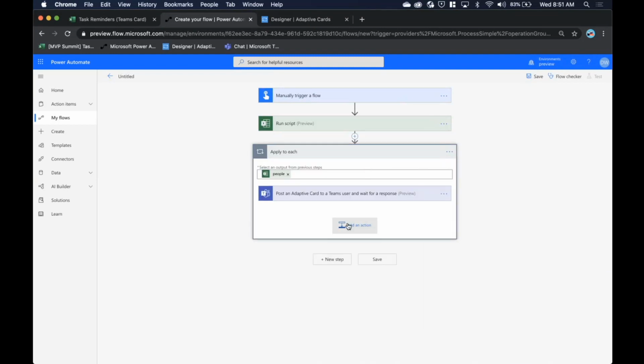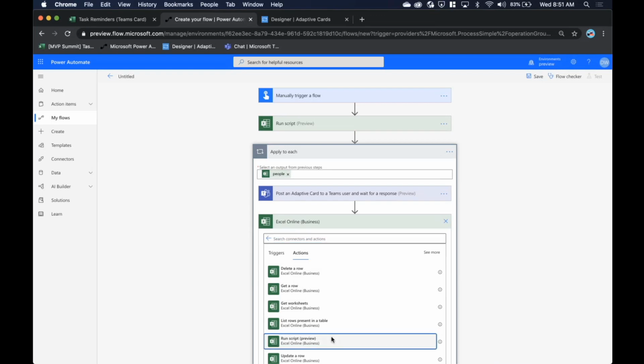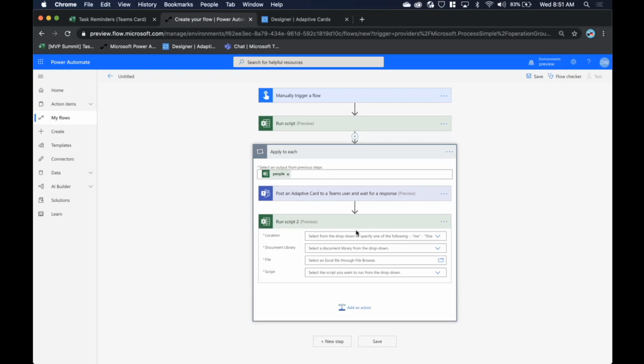So with that, I think there's only one more step we need, which is inside the apply to each. I want to add an action that says call the run script action again from the Teams card, or using the Teams card response, targeting the same workbook, in my OneDrive for Business, in the top level,